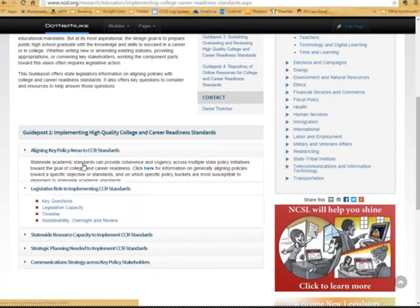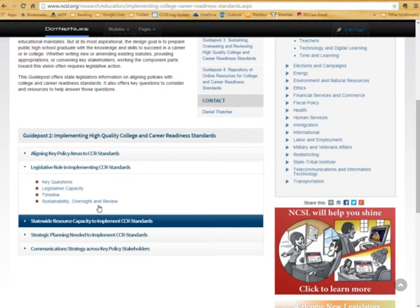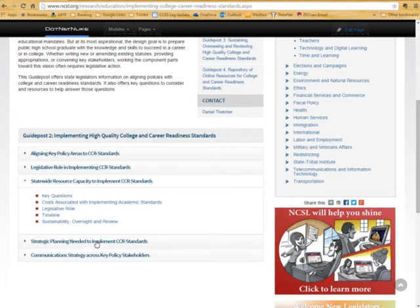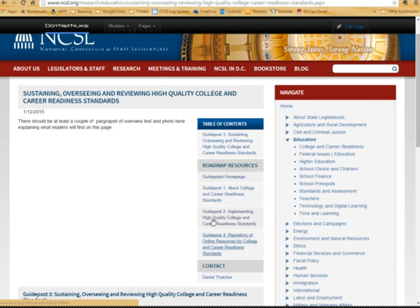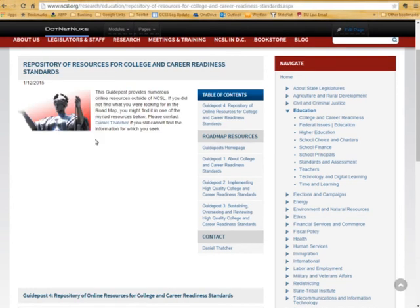And under each component part are key questions, the addressing of the legislative capacity, et cetera. Resource capacity really addresses the costs associated with implementing academic standards, and there's numerous resources there. Now, the next big guidepost in this is this notion of feedback loops, and then I'm actually going to skip to this page, the last guidepost, which provides resources for each component part of implementing college and career readiness standards, the